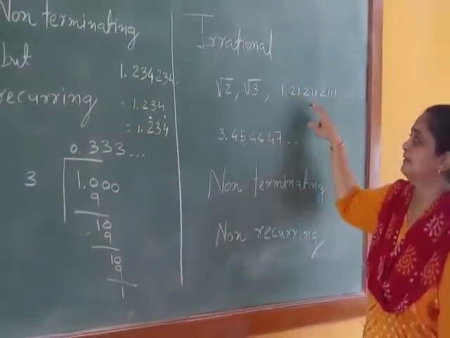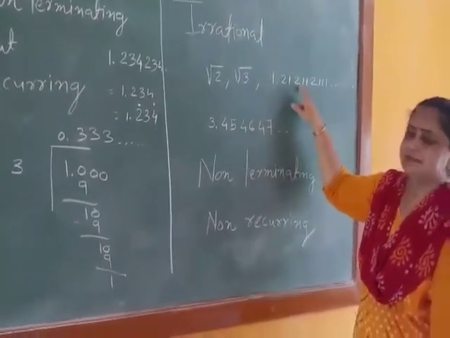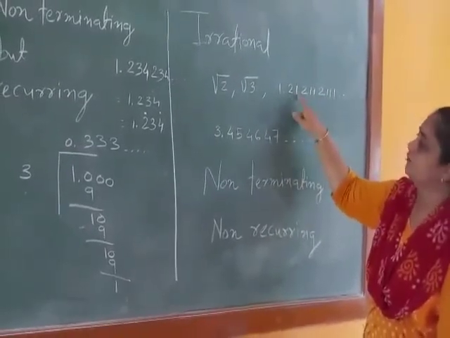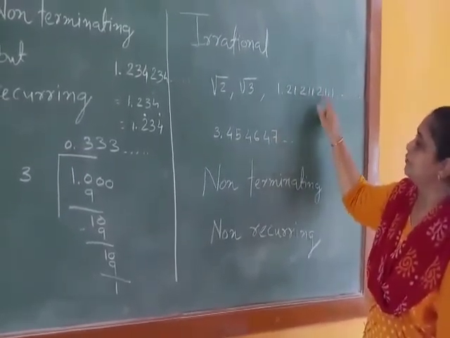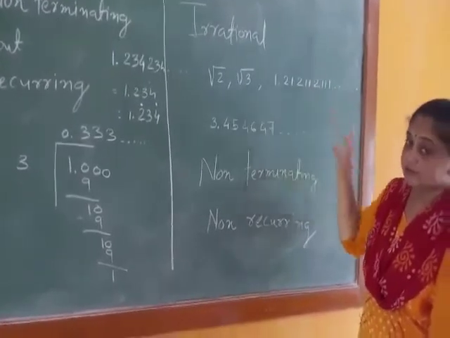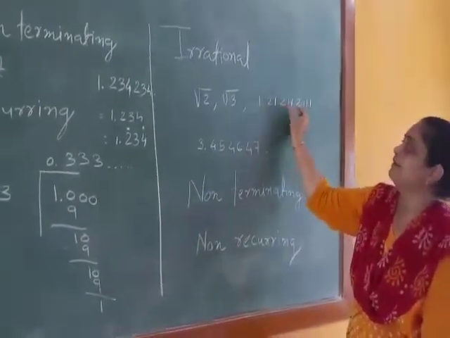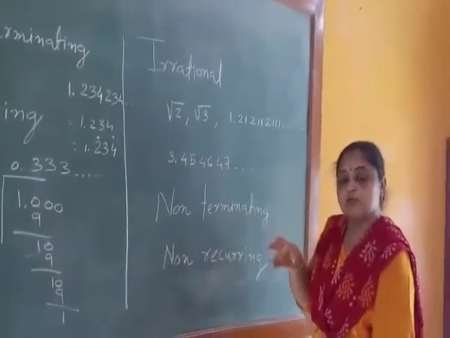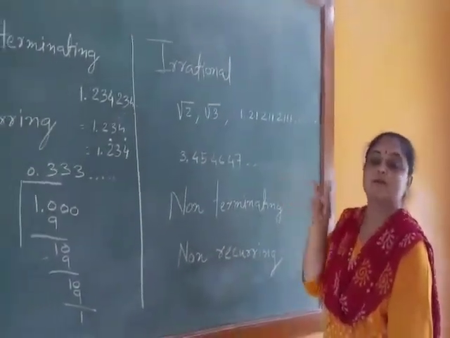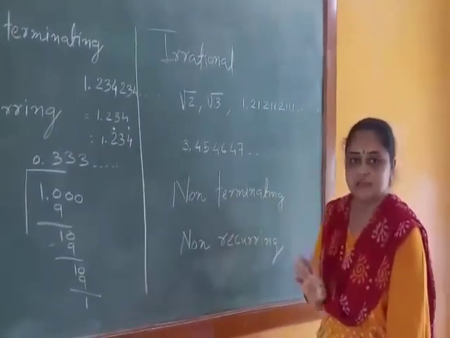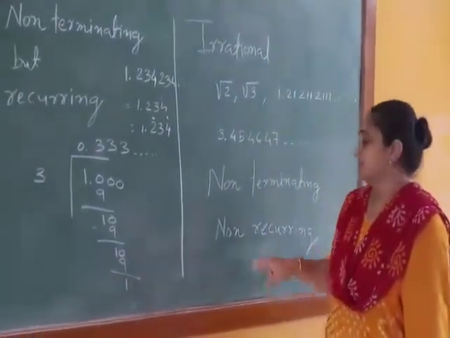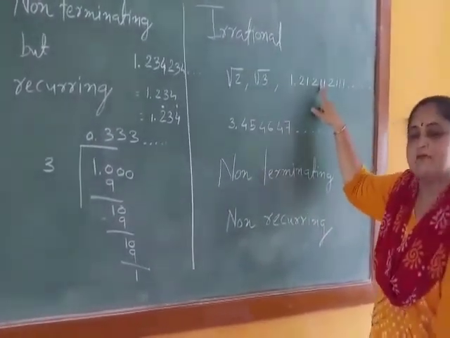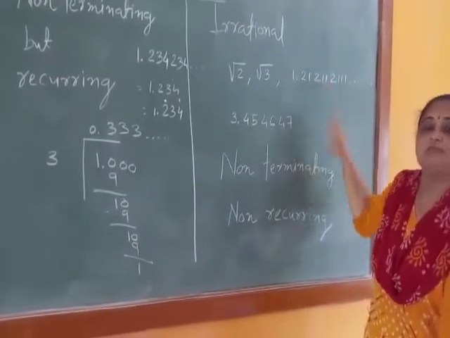Or an easy example is, suppose I am taking one decimal number in which the digits are not repeating: 2, 1, then 2, 1, 1, 2, 1, 1, 1. So here 1 is not repeating as a block; it is 2, 1, 2, 1, 1, 2, triple 1, then the next number is 2, 4 times 1, then 2, 5 times 1. So these are not recurring. These are non-recurring numbers, because here there is one 1, then here also only one 1 should be there. So this type of number.